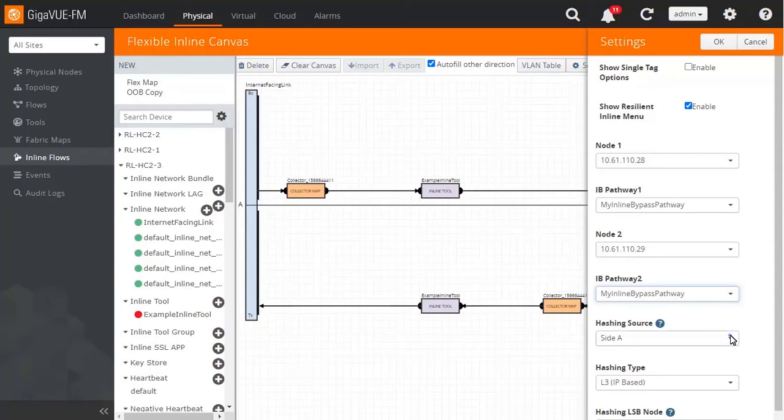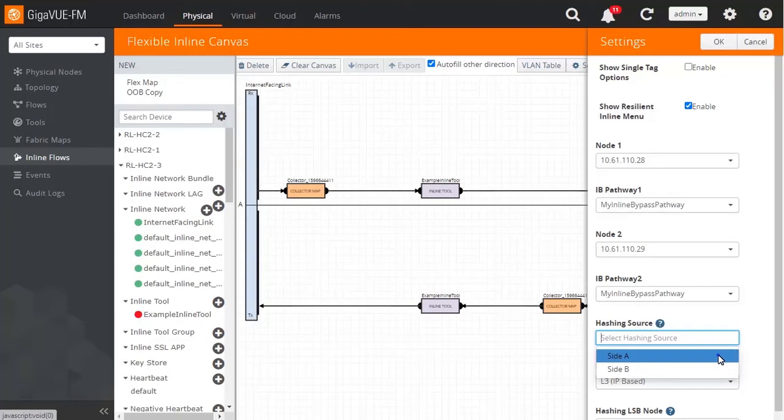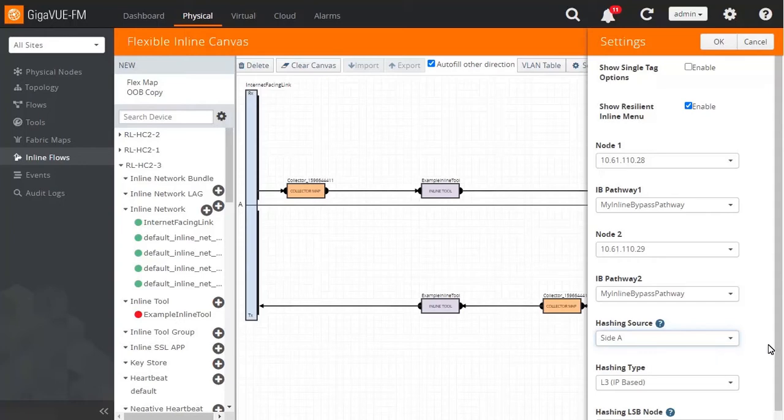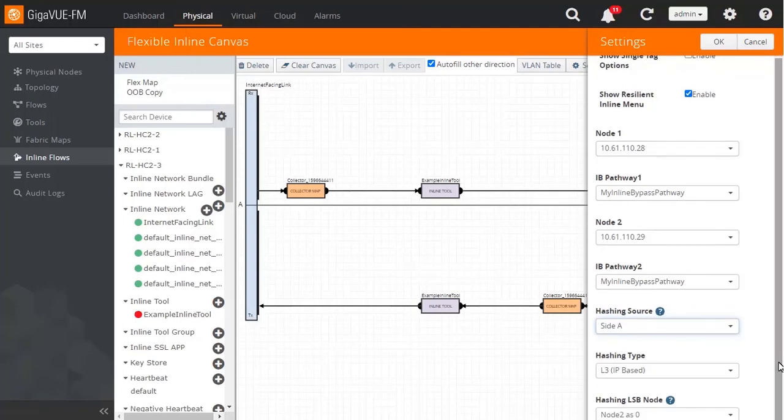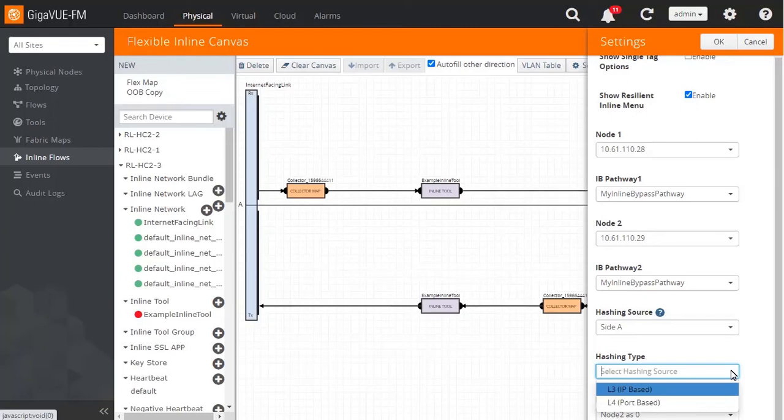Accept the default for the hashing source. This setting determines whether traffic on inline network port A or port B will be used for the hashing algorithm that distributes traffic. Choose whichever side will have the greatest density of IP addresses or Layer 4 ports as determined by the next parameter. Accept the default for the hashing type. As just suggested, this parameter determines whether hashing uses Layer 3 IP addressing or Layer 4 port numbers to divide